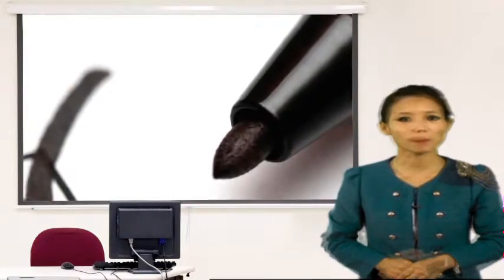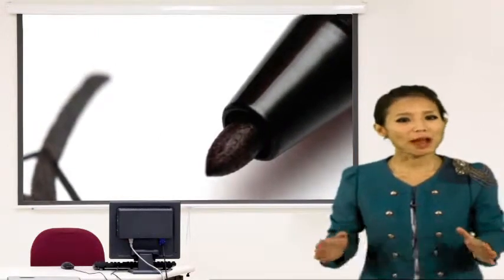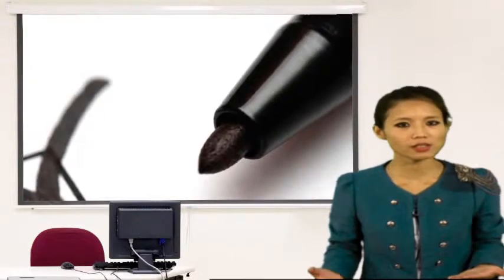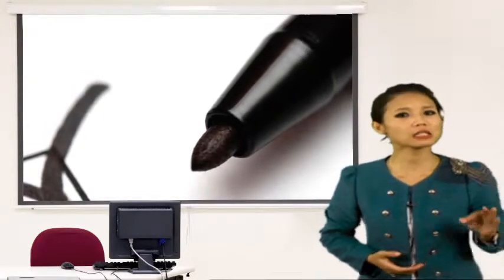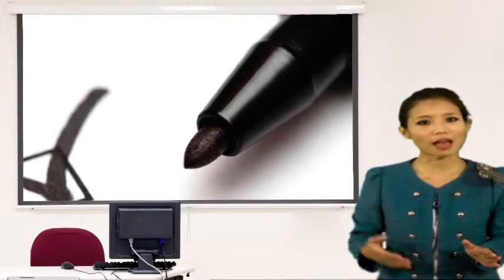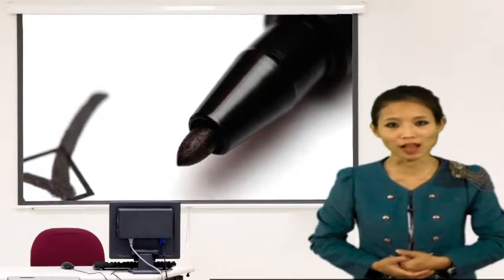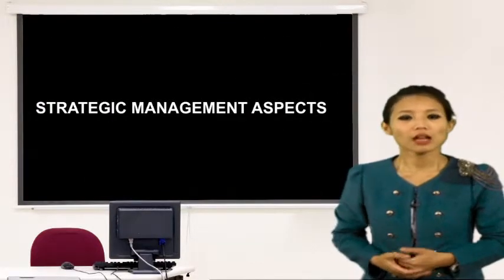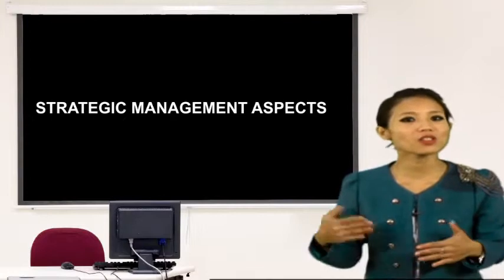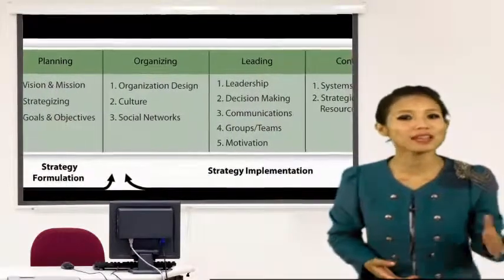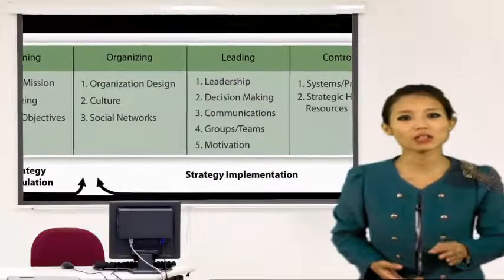Strategy implementation. Successful strategy implementation is critical to the success of the business venture. This is the action stage of the strategic management process. Evaluation and control. Strategy evaluation and control actions include performance measurements, consistent review of internal and external issues, and making corrective actions when necessary. Strategic management aspects. The aspects or types of activities of the strategic management process are not necessarily represented linearly.